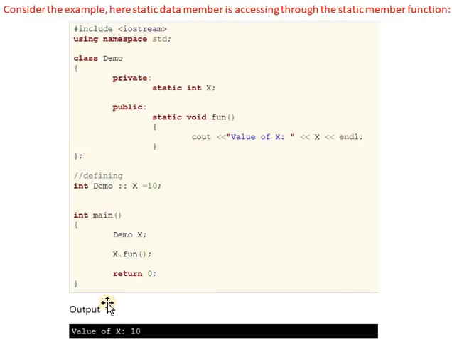See this example also. Here in this example, the static data member is accessed through the static member function. See this example, you will get a clear idea about the static member function. Here one class is demo, which has the static data member x. Here the x variable is defined as static: static int x. Then next, here is one static member function fun, and in that function the x value